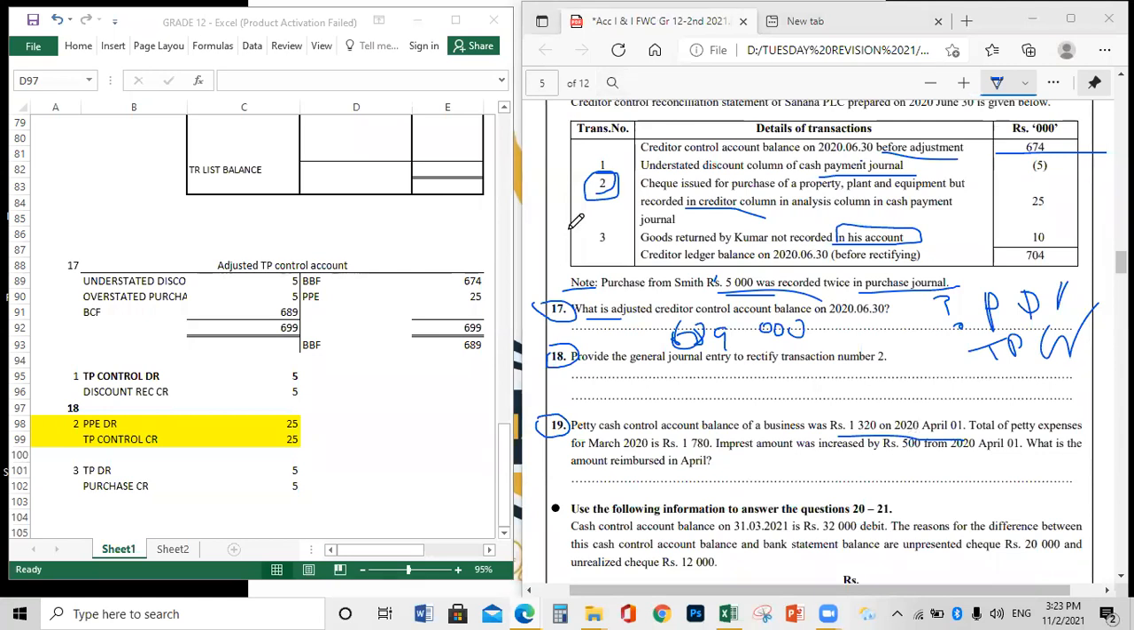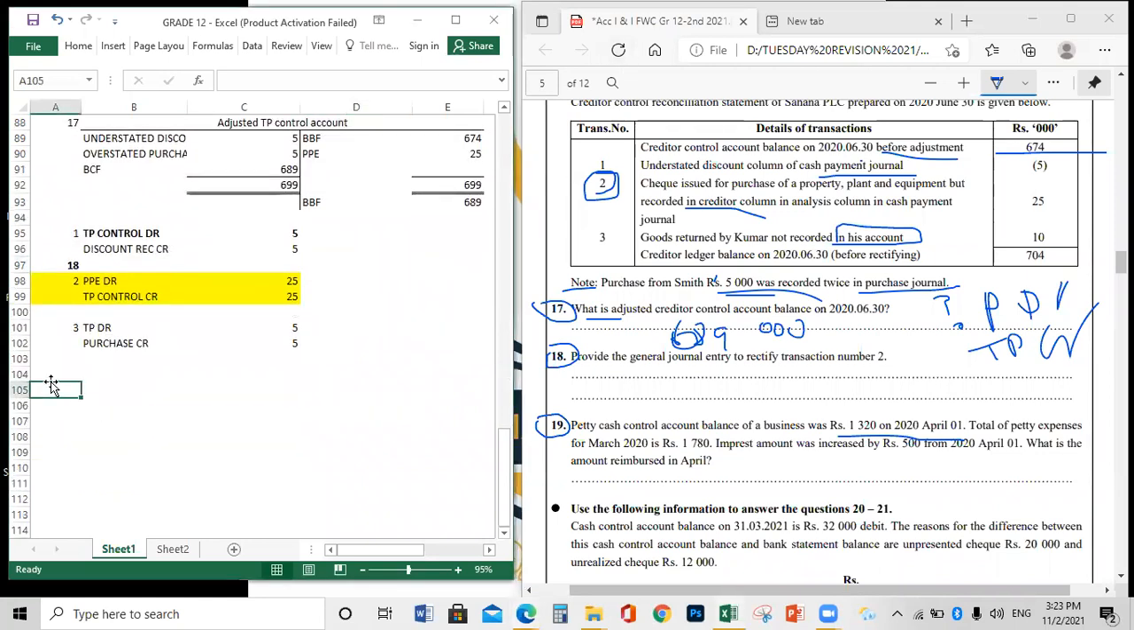Total of petty cash expenses for March 2020 is 1,780. So they say the petty cash expense is 1,780. The imprest amount was increased by 500 from 1 April 2020. What will be the amount reimbursed in April? Okay, now see, guys, what is happening. They say at the starting date of April, that is 1st of April 2020,